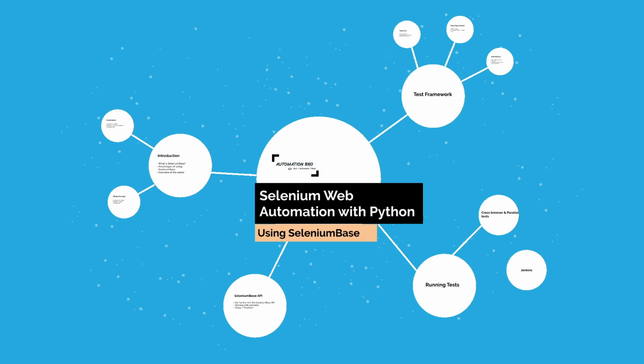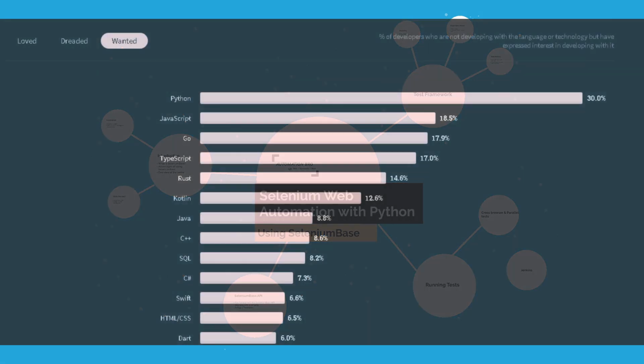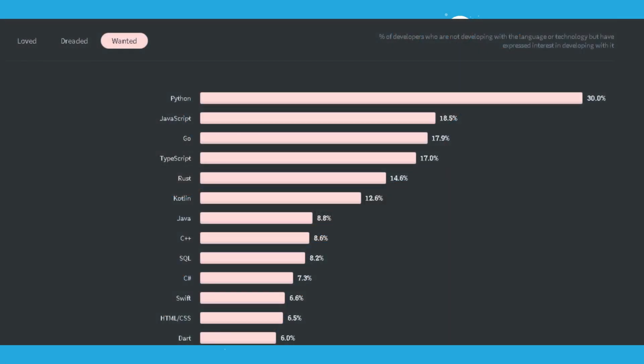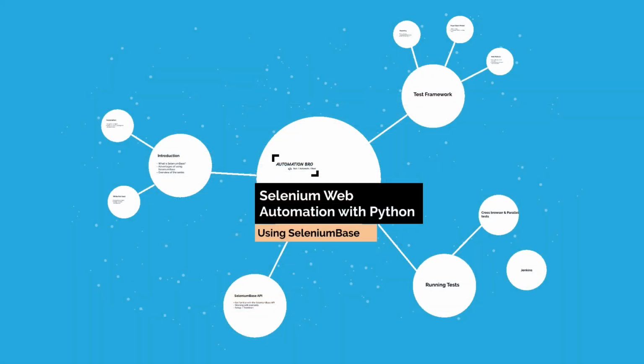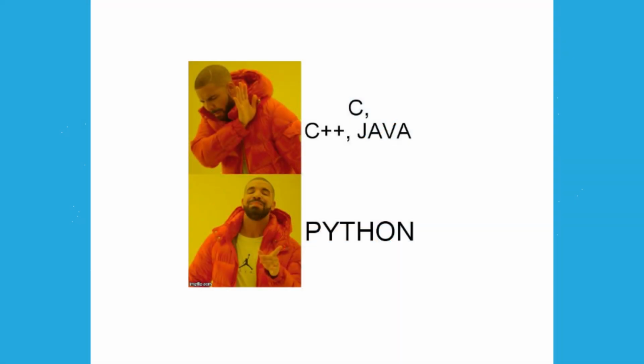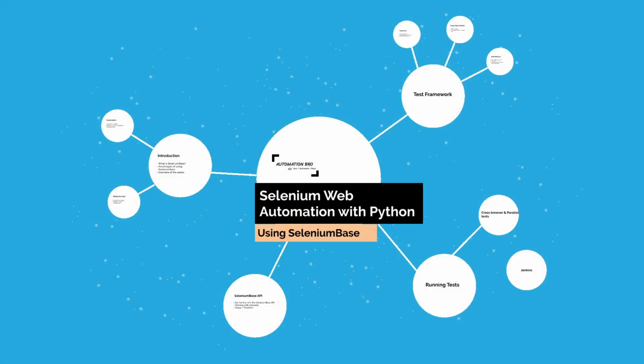But for all the Python lovers, stick around to check out all the awesome things we will be covering in this series. So coming back to the survey, Python ranks number 1 as the most wanted programming language, and that's no surprise to me as Python is also one of the top beginner-friendly programming languages. And you will see that once we start writing code in Python.